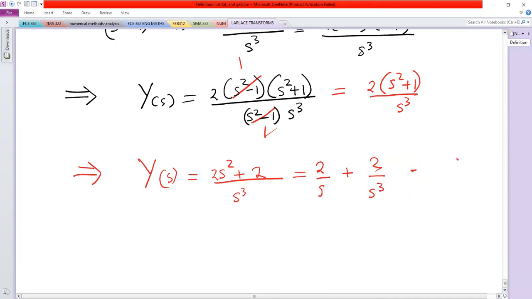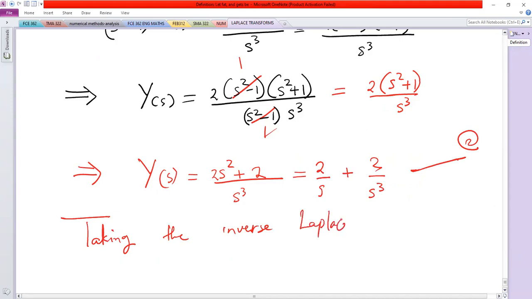If I call this equation 2, then taking the inverse Laplace transform on both sides of 2, we get